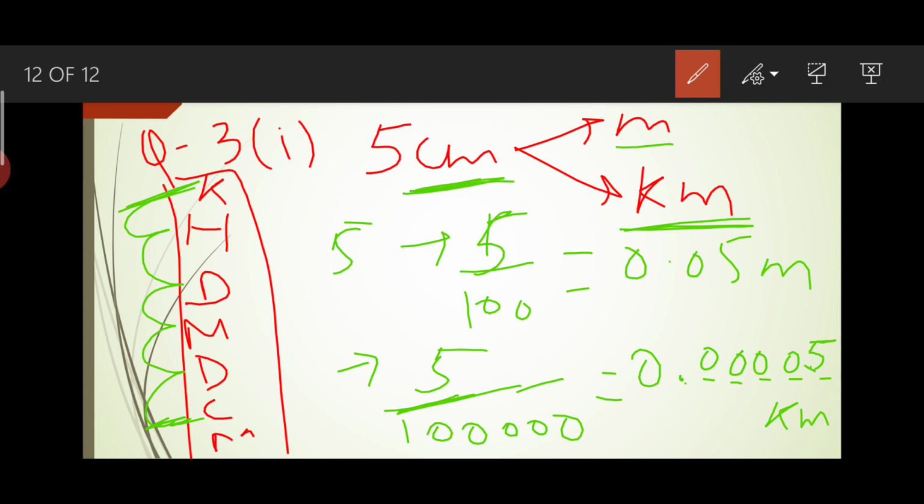So this method was very easy. If you are having a problem in remembering the values to how to convert meter to kilometer and centimeter, then you will have to learn this formula of King Harry died, mother didn't cry much, and based on the values you have to solve question number 1, 2 and 3 in your notebook. And still if you are having any doubt, you can ask me. So that's it for today. We will continue our class next week, that is Monday. Okay, thank you.